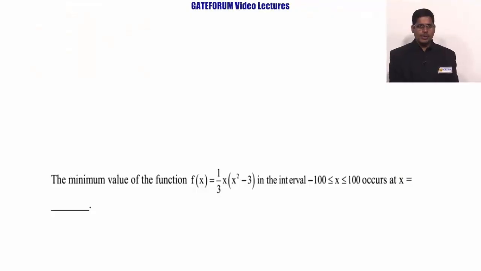The question is: the minimum value of the function f of x is equal to x cube by 3 minus x in the interval minus 100 less than or equal to x less than or equal to 100 occurs at x is equal to. This question is from engineering mathematics. Topic is calculus. Subtopic is maxima minima, which is from GATE 2017. The solution is,